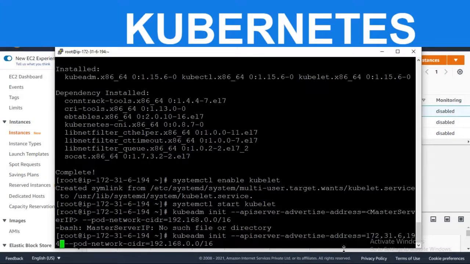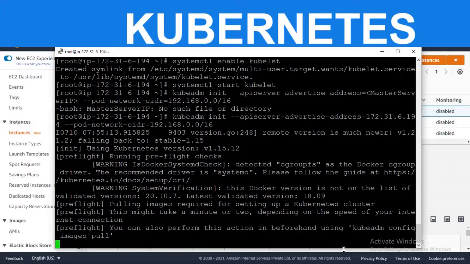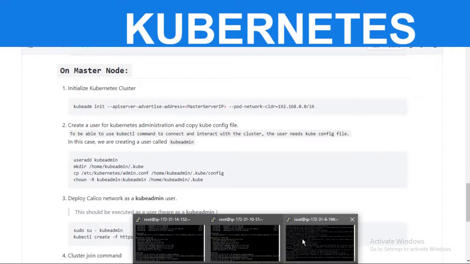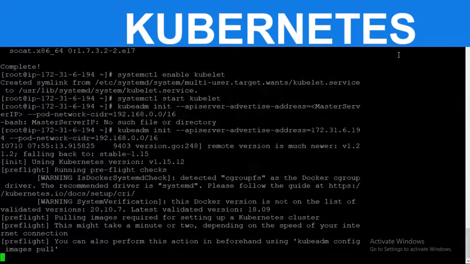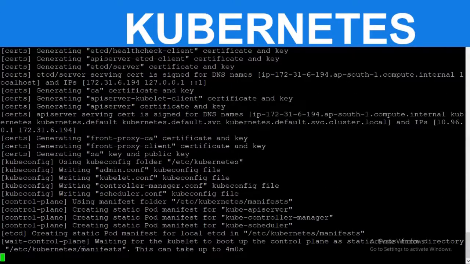After that, we will have to add a user so that Kubernetes gets information about where the configuration file of Kubernetes is stored. For that, we will have to create a user first. We will do it once this installation is over. It takes some time because we are installing it on cloud. Generally, 2 to 3 minutes is enough.